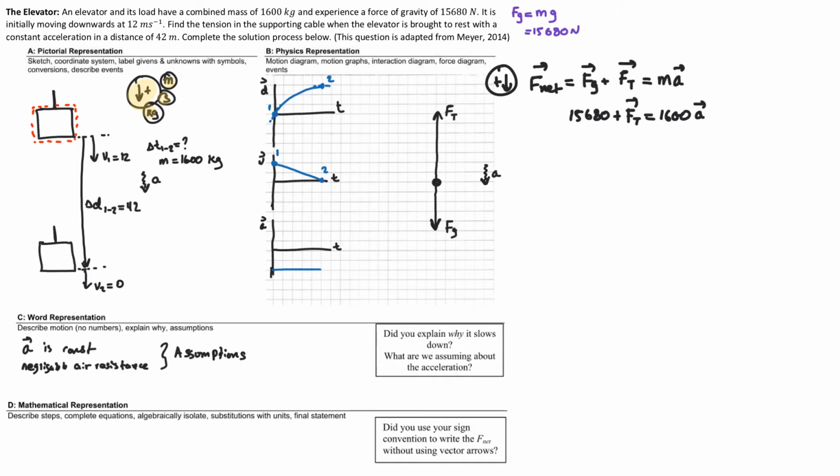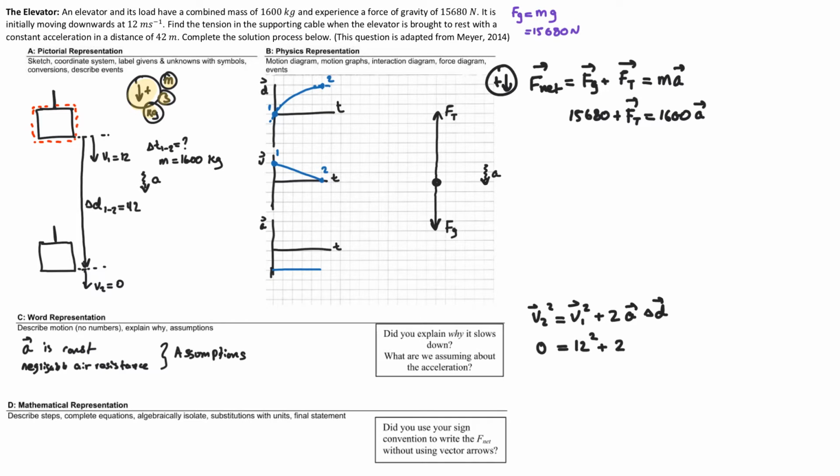Okay, the information that I have is velocity 1, displacement, and velocity 2, and the equation that I can use for this is final velocity squared is equal to initial velocity squared plus 2 times the acceleration times the displacement. I'm going to plug in all the values. Velocity 2 is 0. And 0 squared is just 0. Velocity 1 is 12